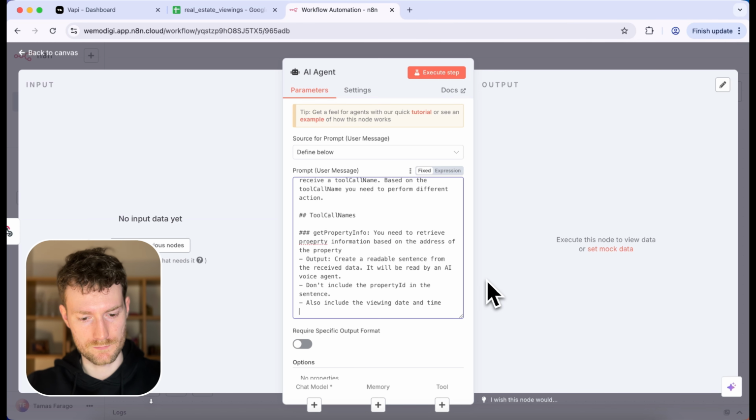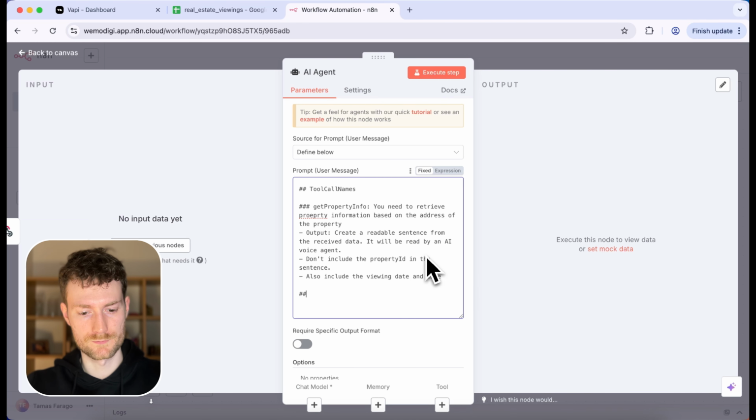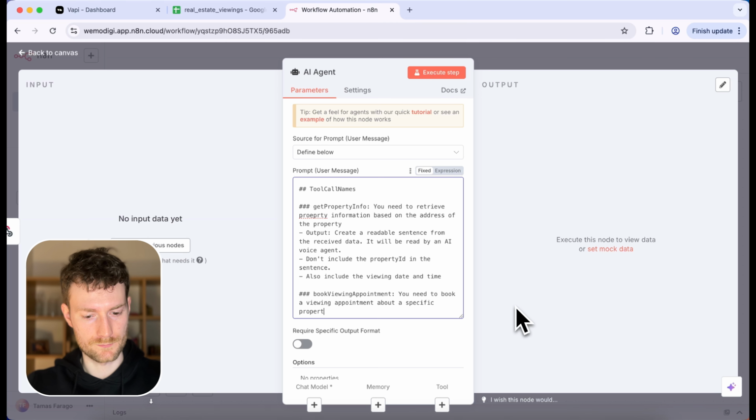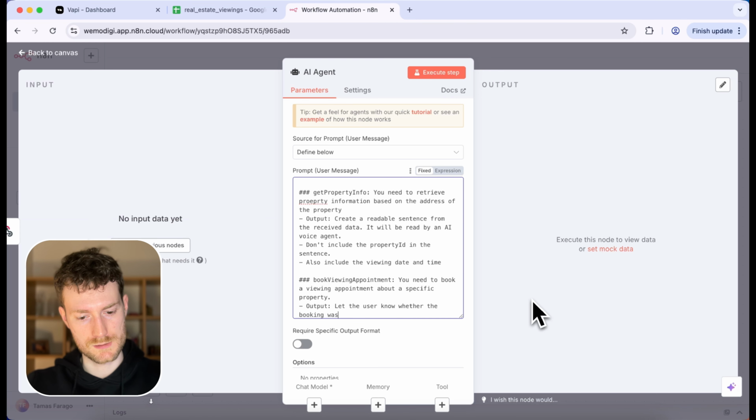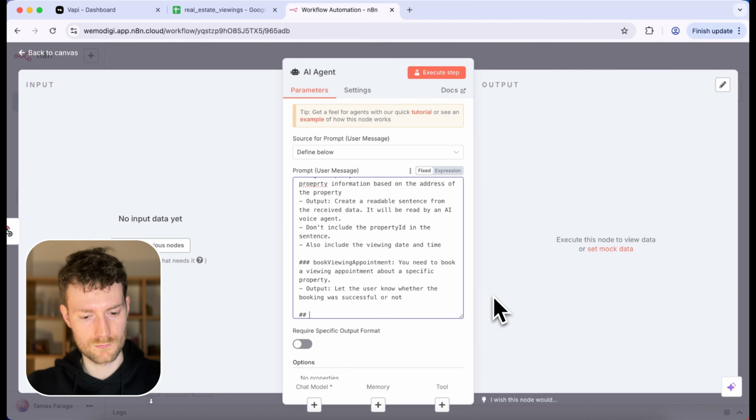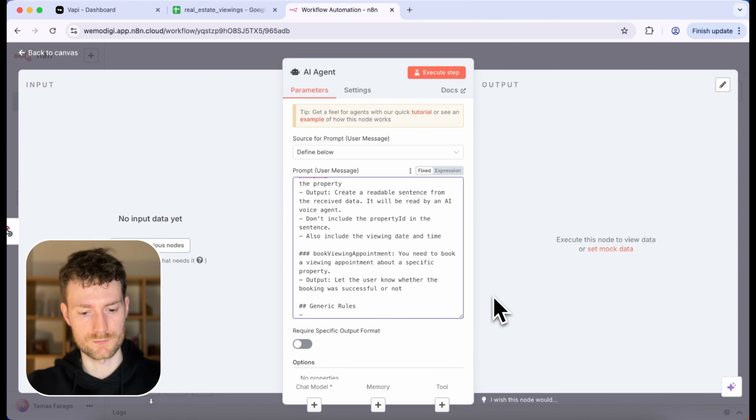And let's define the book viewing appointment. If it receives this one, you need to book a viewing appointment about a specific property. And the output will be: let the user know whether the booking was successful or not. And let's provide some generic rules. And I'm going to add: don't include a line break and quote